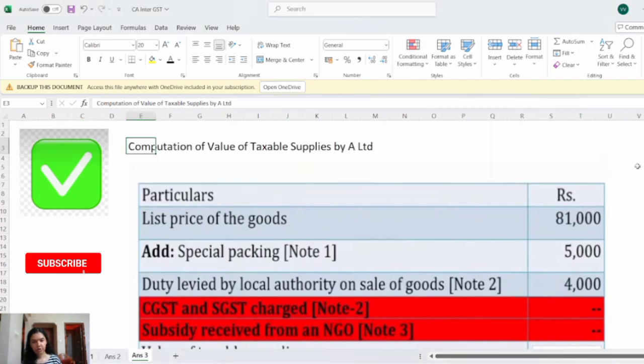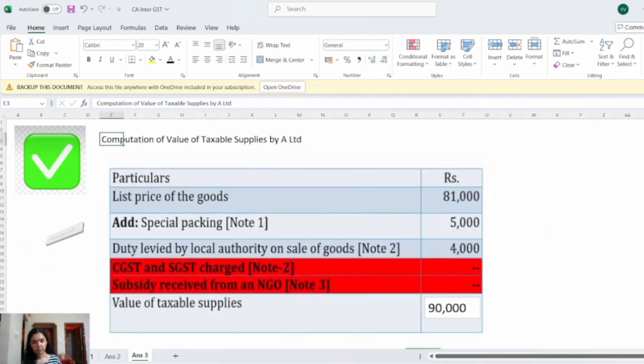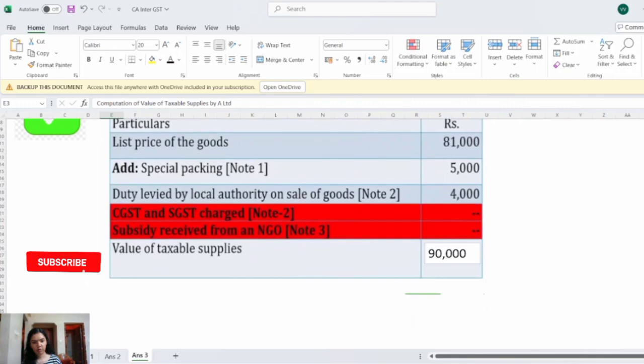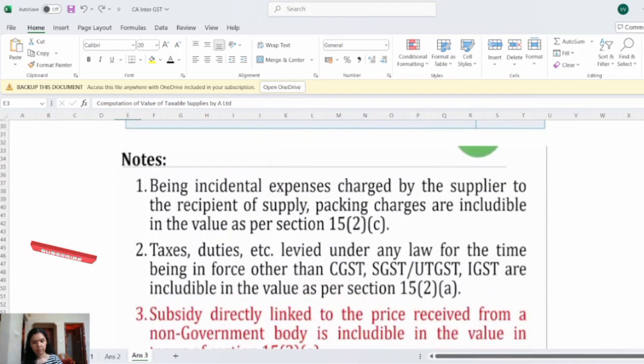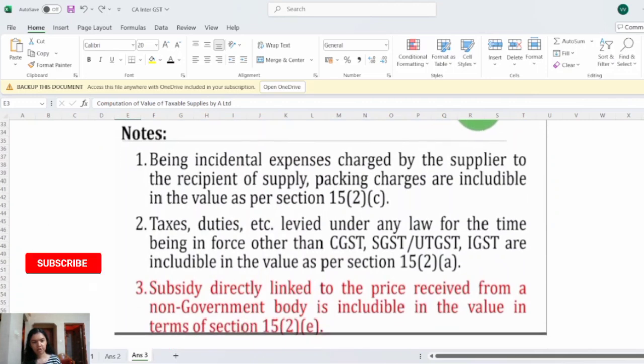So you can pause this video and note down this right method of presenting the answer. You can refer to this one day before your exams. In this way, you will be presenting the answer in a tabular format, and you will also be giving the relevant notes below. So here you have the detailed notes linked to your answer.